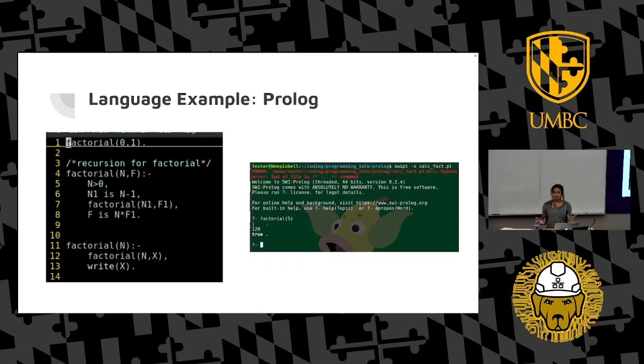I'm using Debian. So you would launch the script in SWIPL, I think it is. And then you just say the name of the script, it's going to load up the knowledge base, and then you type in the clause, factorial and then the number, which in this case is 5, and it's going to print out 120, and it's going to print out true, which is saying that it reached a conclusion, it found an answer that it deemed correct. But yeah, that's how you would calculate the factorial in Prolog.